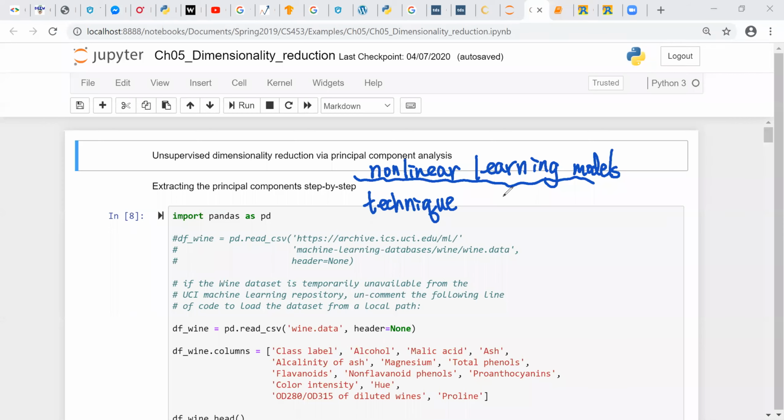PCA is not for classification, but generally speaking, PCA is also going to do linear transformation. But for nonlinear,